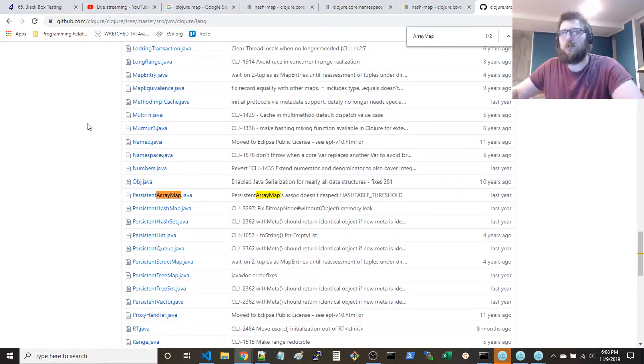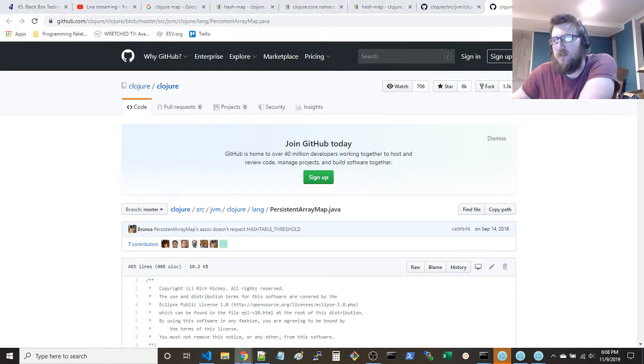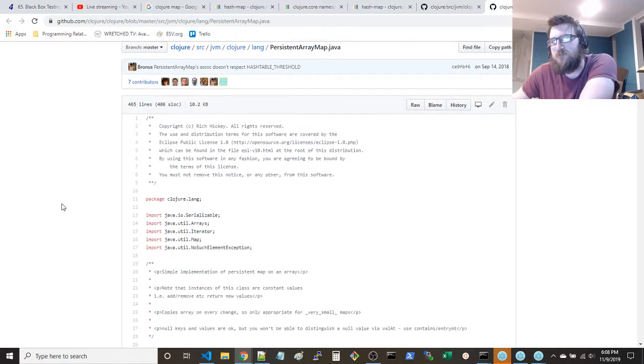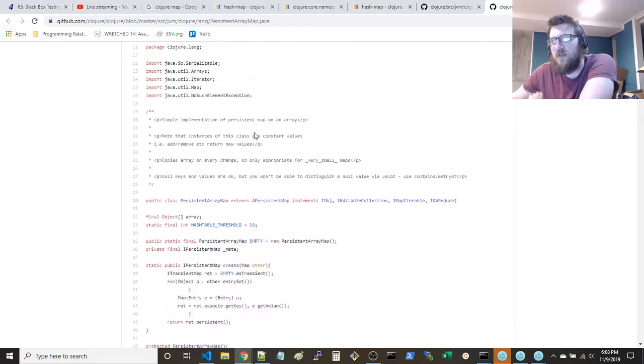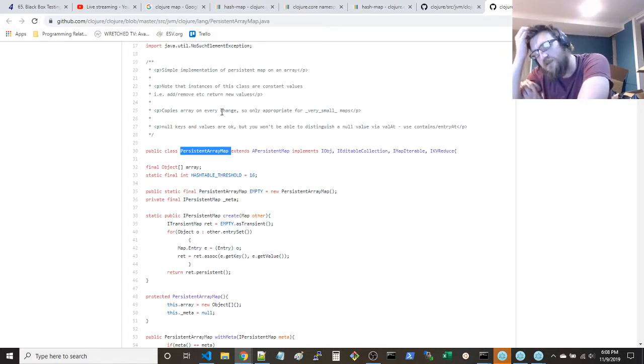Array map. Alright, if we look at this bad boy, take a look at this here. And what have we got? Okay. So this is implemented in Java, right? Now, the suggestion was that we cannot look at the class. Can't inspect the class.